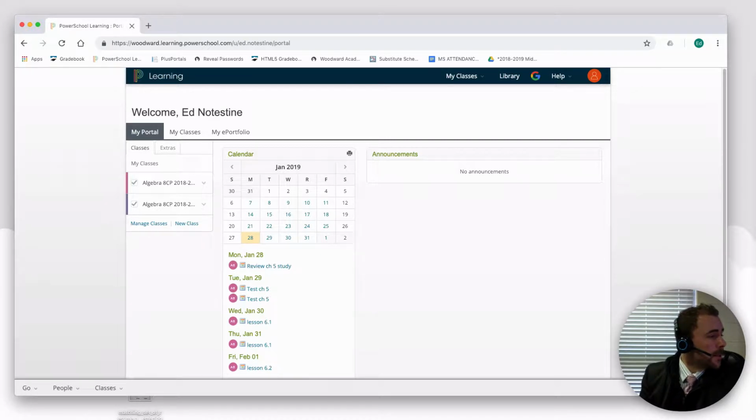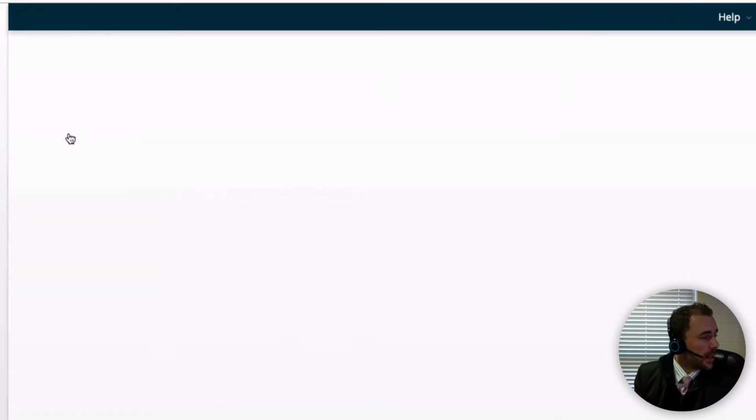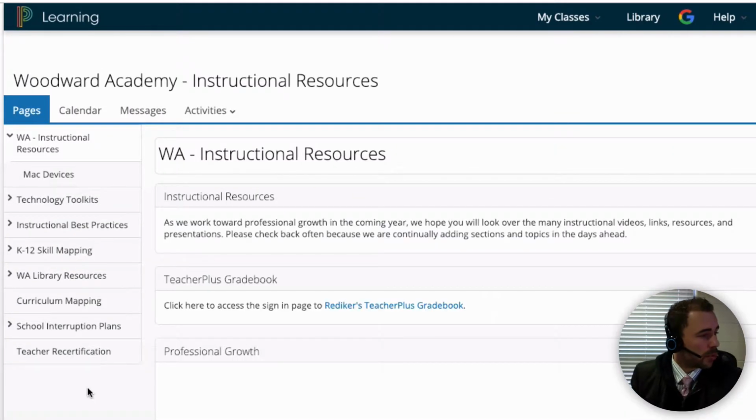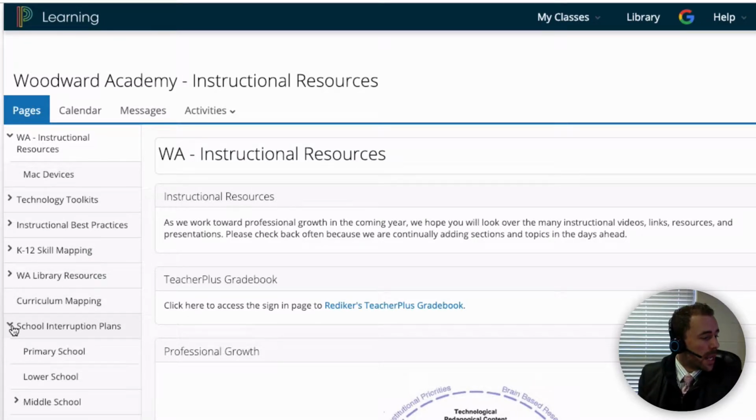So let's get started. You can find the template by going to the Woodward Academy Instructional Resources page, which in PowerSchool is under the Extras tab here. If I go to Extras, you should be able to see Woodward Academy Instructional Resources. Click on that page and you'll be brought to all of the instructional resources that we have to offer. Down at the bottom, you'll see School Interruption Plans, and you'll see that there's a middle school interruption plan,